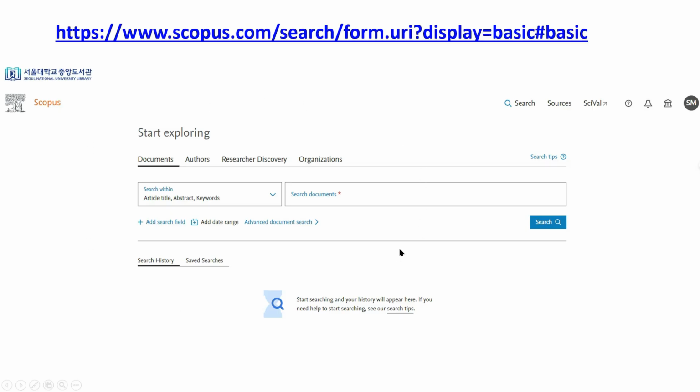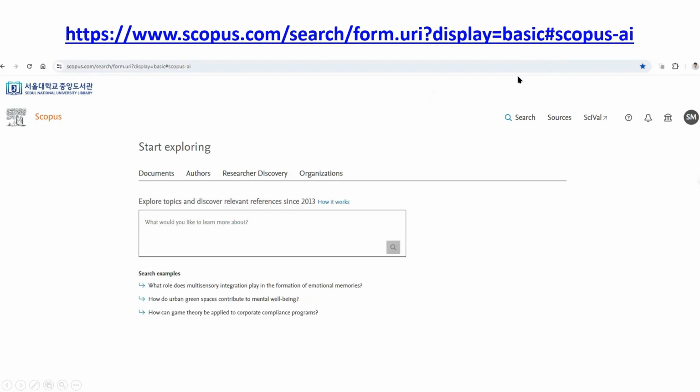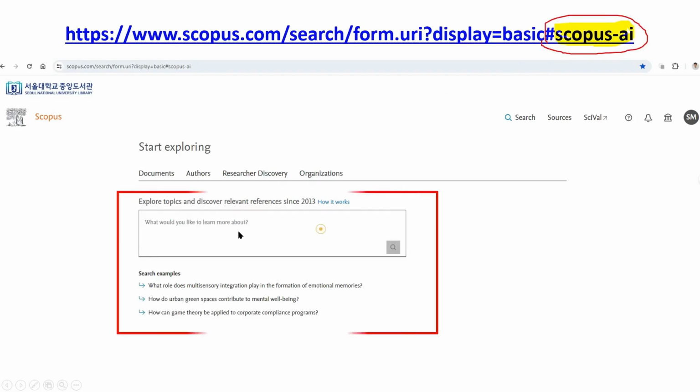So, as you can see, the institution I'm at has disabled this tool. It's not showing it to me, and now I actually want to access it. What you need to do, if this tool is also disabled for you, is to go to the browser's address bar where you open the main page of this website and look at the part after the hash. You'll see it says basic. Go ahead and edit this and enter Scopus-AI. If you type this phrase and press enter, you'll see that this section becomes active for you and you can continue from there. Now in this section, enter your research question and continue with the process.